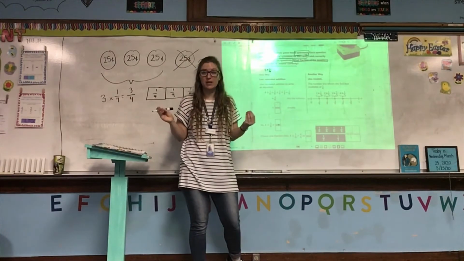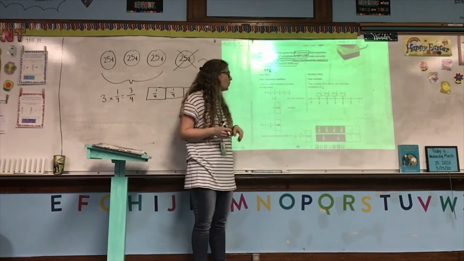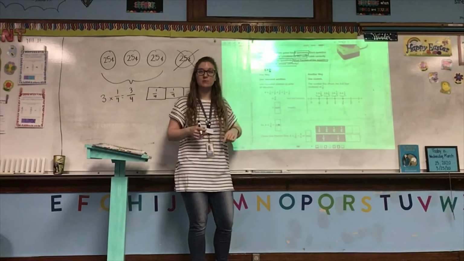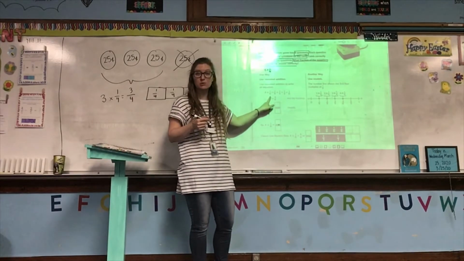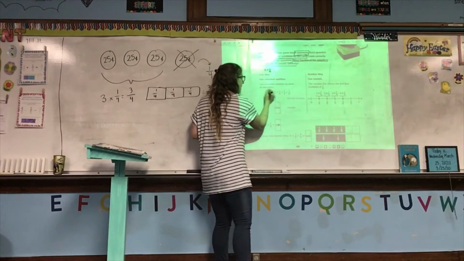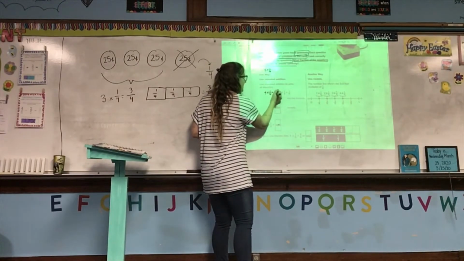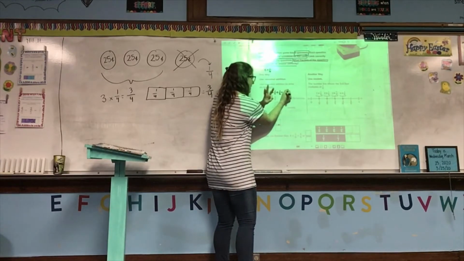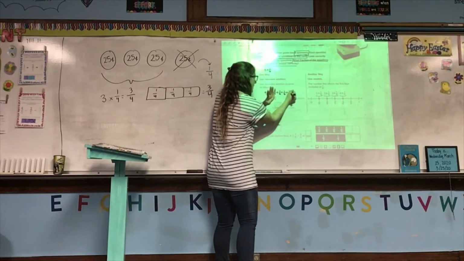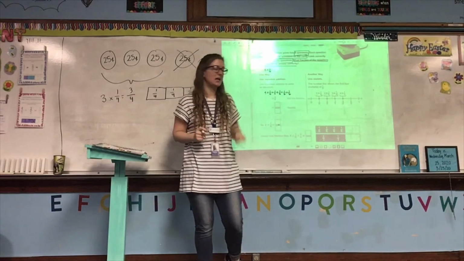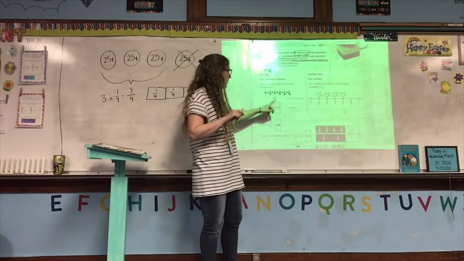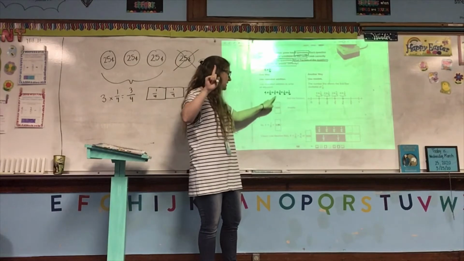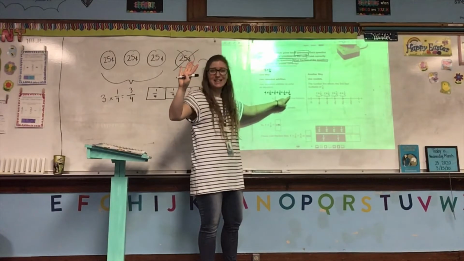Now, there are two ways we can do this. We can use repeated addition, which means that we take this 1/6 and we repeat it 4 times, which means we add it 4 times. So 4 times 1/6 would look the same as 1/6 plus 1/6 plus 1/6 plus 1/6. So that's 4 times. Now, if we add 1 4 times, we get 1/6 plus 2/6 plus 3/6. I'm sorry, I said that wrong. 1/6 plus 1/6 plus 1/6 plus 1/6 equals